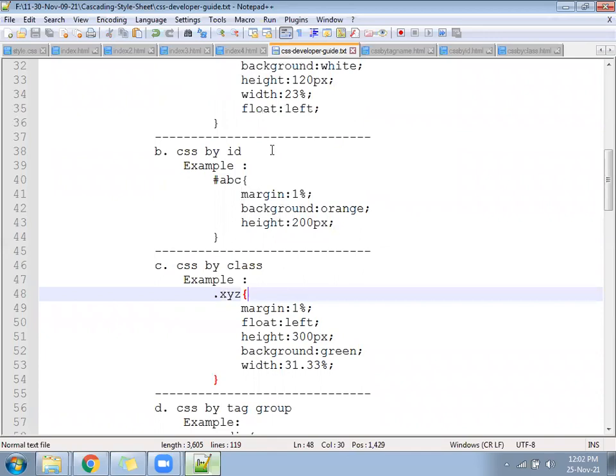Now go to the ID, CSS by ID. Write a line: when to write the ID. CSS by ID, when you should write, you can write a simple line.